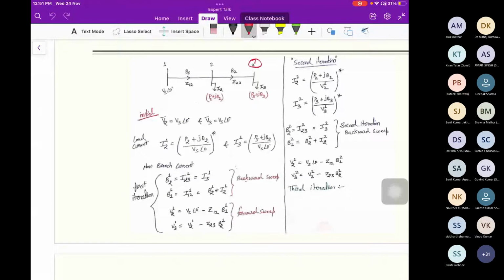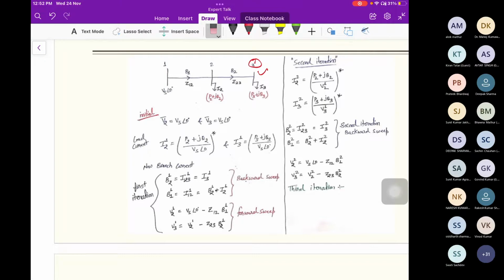Like this one, we assume that there are three nodes. At the starting point, we assume that the voltage is constant, but a voltage drop will occur when the current is flowing, because there are some resistance and inductance values. So some voltage drop occurs between node one and node two, and the voltage is lower compared to the first voltage. Again a voltage drop occurs, so the voltage at node 3 is less compared to nodes 2 and 1.